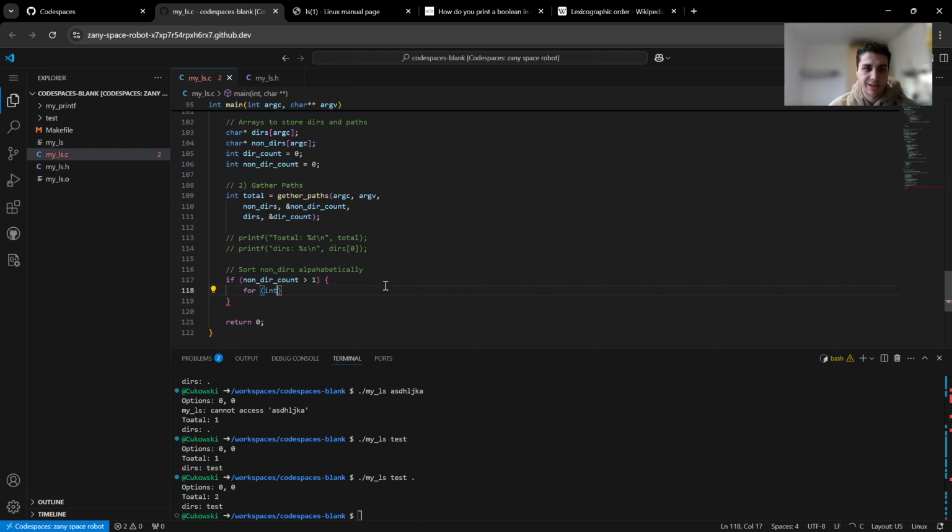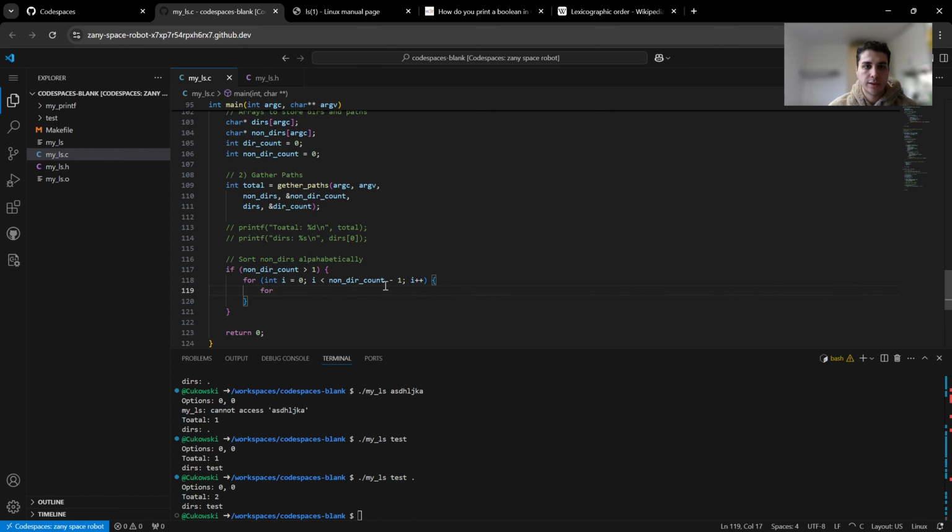I don't think we will have a lot of data to sort. So I'm saying int i equals 0, i is less than non-directory count minus 1, because we don't want to sort the last element, and i plus plus,